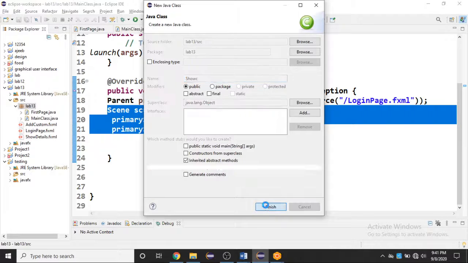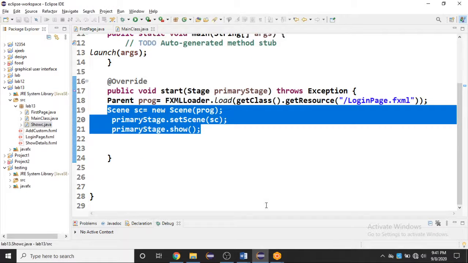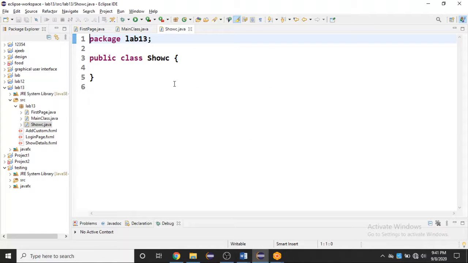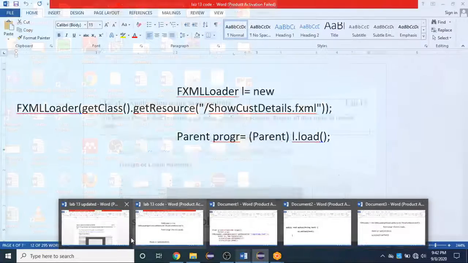I am naming it show C. So this is our class. Now this show C class will link to our show details.fxml file, and what we have to do, coming back to lab 13,